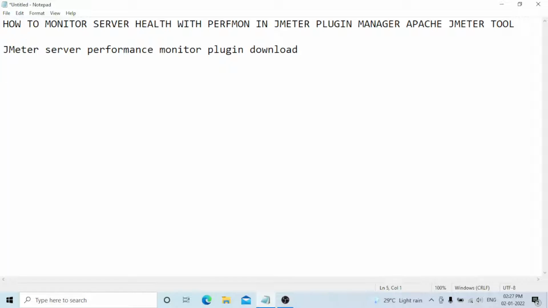After that, PerfMon agent download. Connect your CMD to the plugin manager agent.